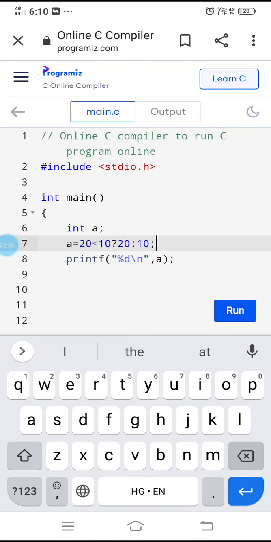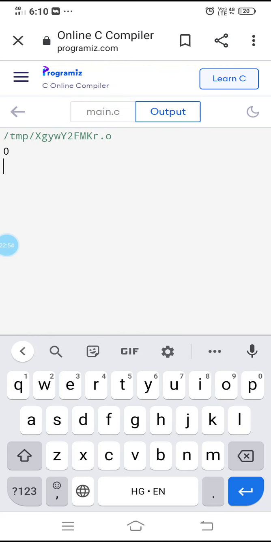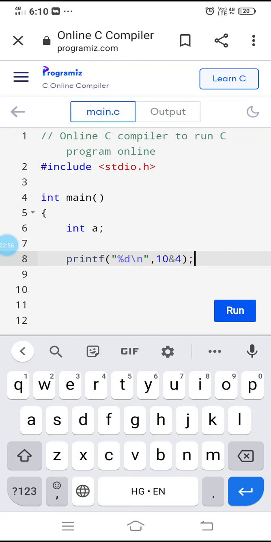I am removing this. I want to execute the bitwise operator. There is a bitwise AND, a single AND. See here, I am taking the values directly. 10, 4. We don't know what the result is, but see here the value is 0.